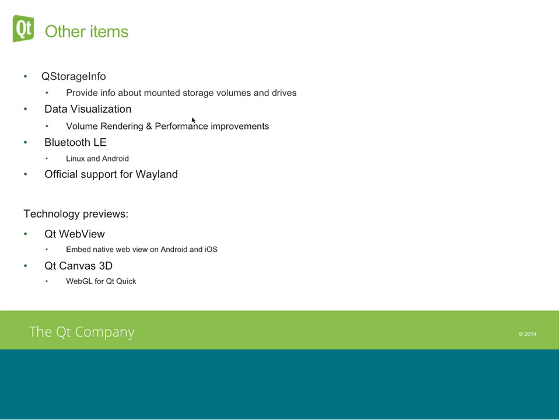This is important because on iOS we're not even allowed to ship a second web browser. We have to use the native web view component from the operating system. And on mobile devices, the size of Qt Web Engine would often be prohibitive for the download, especially if one only wants to render a little bit of embedded web content. I already talked about Qt Canvas 3D, WebGL for Qt Quick, basically, which is a very nice addition. It allows you to directly do GL from within Qt Quick.